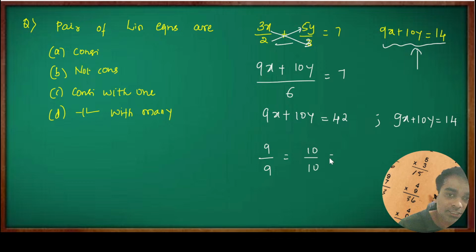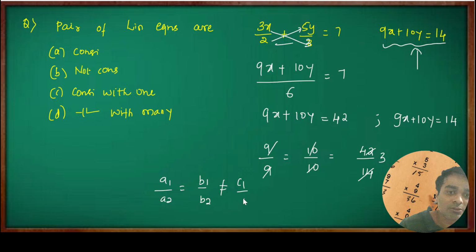But look at the third thing, which is 42 by 14. This will give you 3. This is giving you 1, 1. That means a1 by a2 is equal to b1 by b2 but not equal to c1 by c2. That's the condition satisfied. So if this is the condition, a1 by a2 is equal to b1 by b2 and not equal to c1 by c2, then